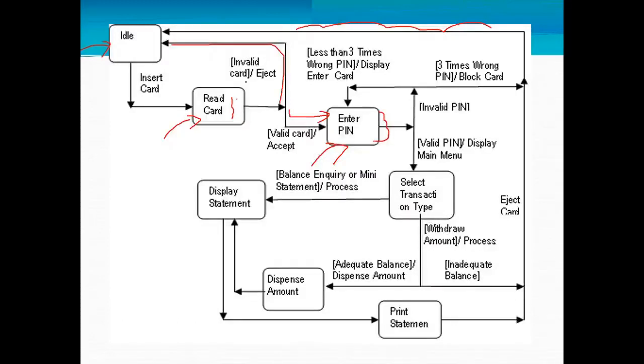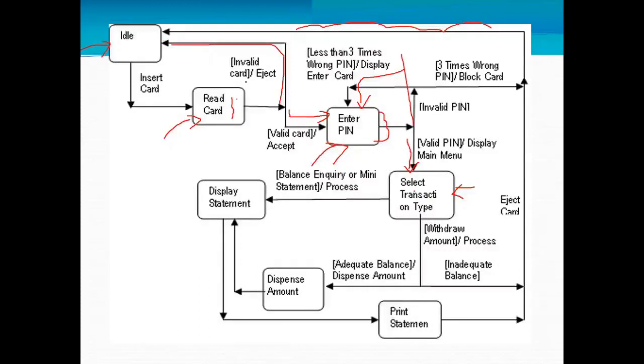Next state is that you need to enter the PIN number here. Now even here, based on the input, it is going to change the state. If yours is an invalid input, invalid PIN, then again it is going to ask you to enter the valid PIN. Now suppose you enter the valid PIN, then the state changes here. Based on the valid PIN, the state changes here. Now it is going to ask you to select the transaction type here.